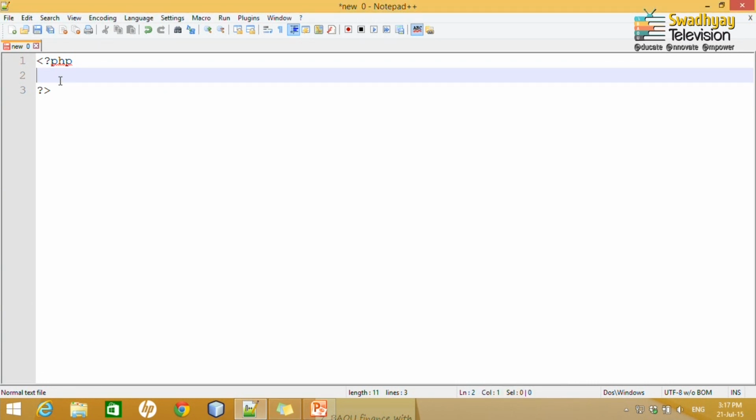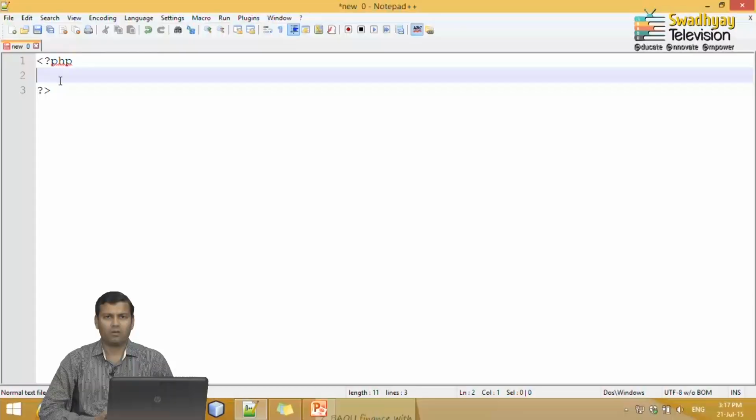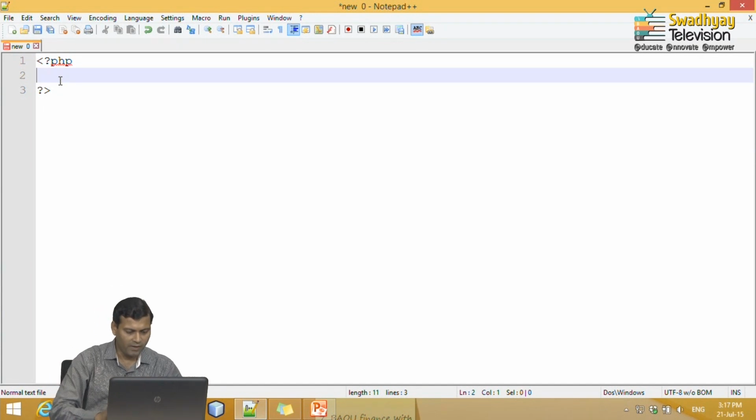Now, to create an associative array, let us take one simple example from our day to day life. When we go to a multiplex, we know there are different categories and prices associated with tickets. Let us say I define one array, movie, which has three categories.